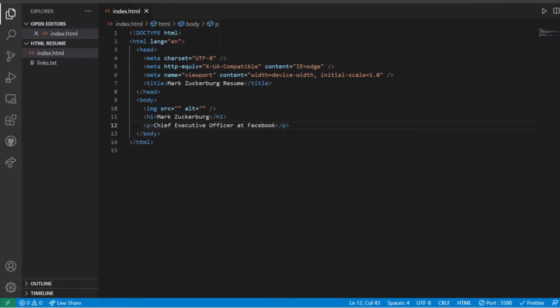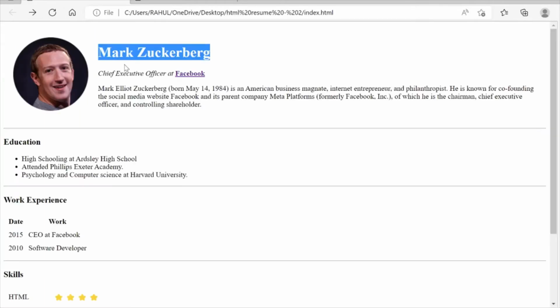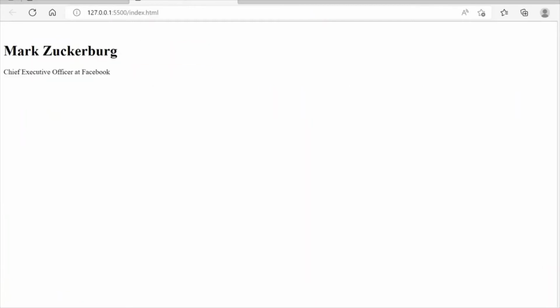So the role is now added, and I'm going to click on save, and now let's see how it is displaying. You can see that the role is displaying, but there is a little bit of difference between this role line and the one that we have entered just now. There are two things to notice.